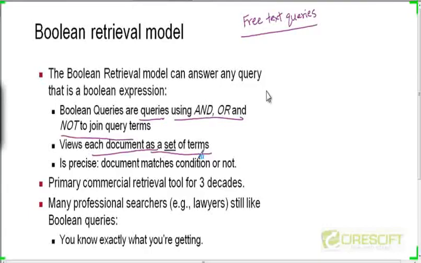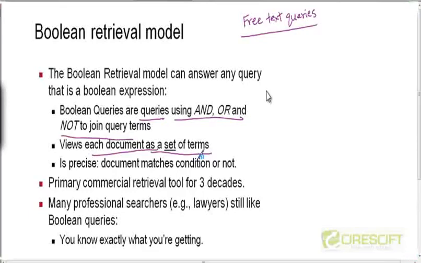In the same way, when we create this term document incidence matrix or this inverted index, which we have seen, we don't really keep track of which word appears in what position in the document. We've lost track of the order of words in documents. We are just recording which term is present in what document. That's it.